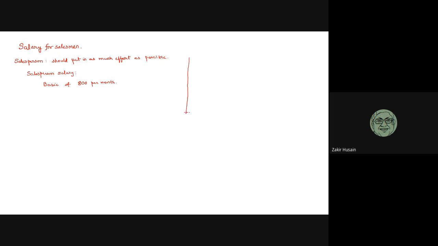Let us see in this case what he's going to do. So this is his hours worked and this is his salary. How can we depict his salary? What will his salary look like? It will be constant, so like this. The salary will be a constant line parallel to the h-axis.